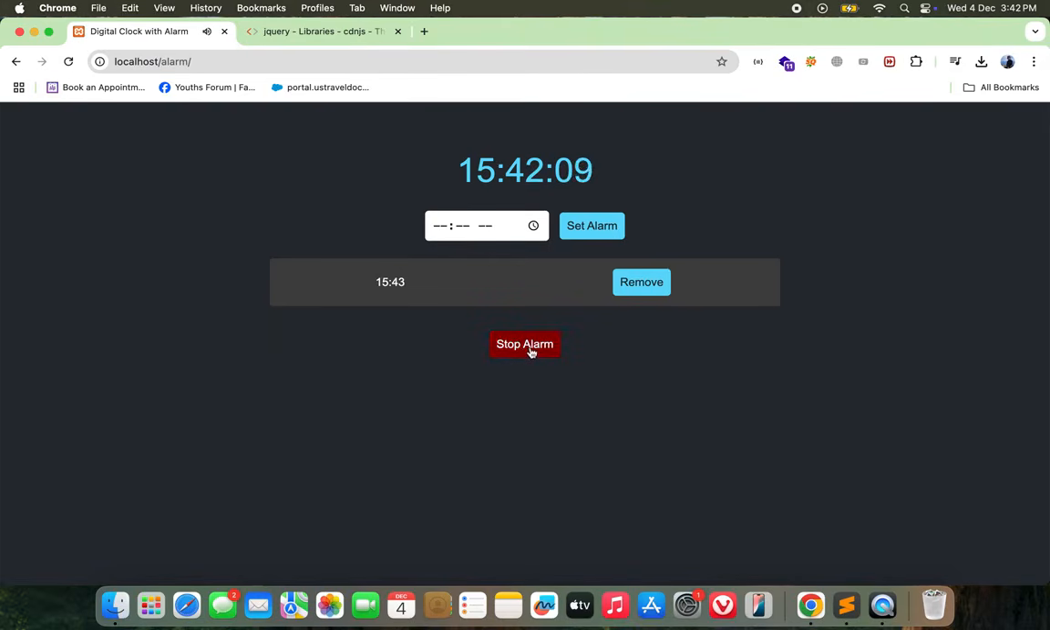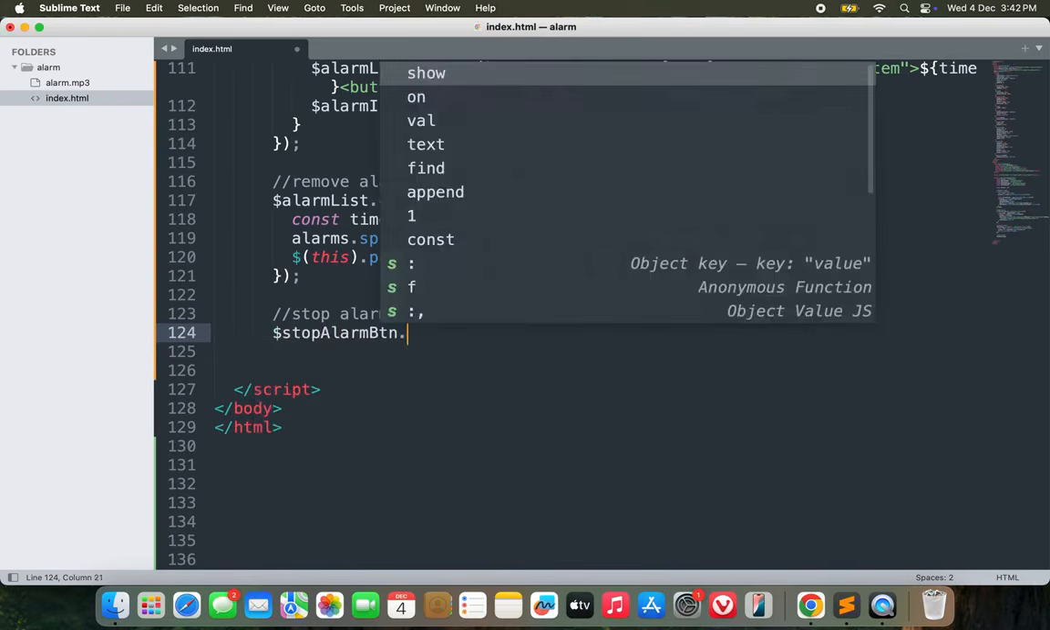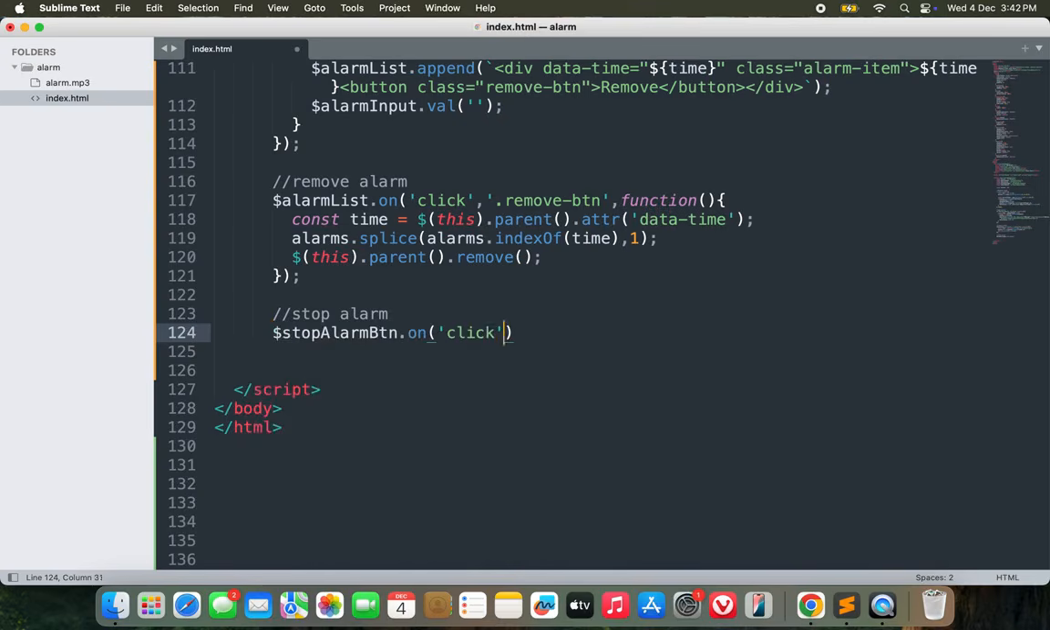I'm gonna stop it now. Oh, we have not written the code to stop the alarm yet. Okay, let me write the code to stop the alarm. All right, so to stop the alarm, we're gonna track the event first. Stop alarm button dot on click. We'll call this function